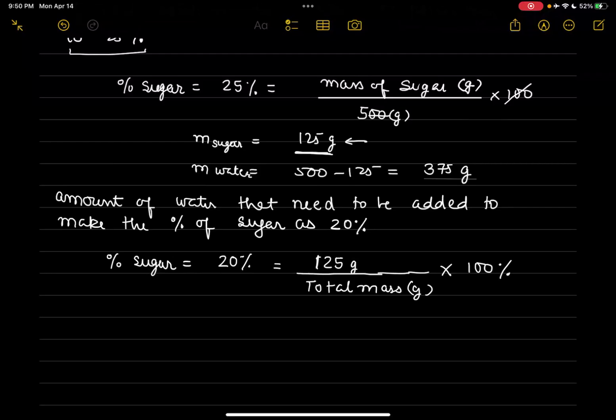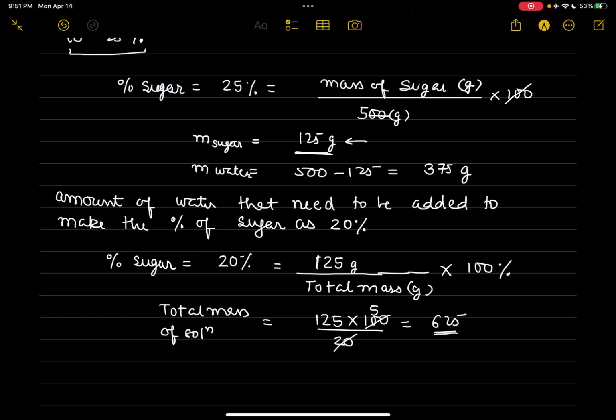So the total mass now is... total mass of whom? Total mass of the solution. So basically 125 by 20 into 100, that is 25 into 100 by 20. 625 grams. So the mass has increased because you have added